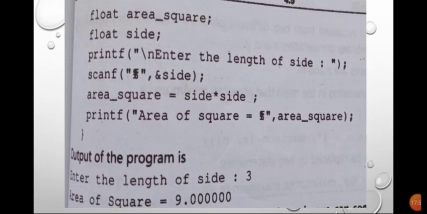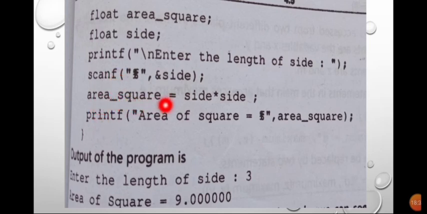Again all declarations. So here, see here, float area square. Area square is a float, side is also a floating value or data type. Printf, on a new line, enter the length of the side. This line will be printed. You have to write a value of side for this. Scanf. This side value can be taken in a program by using the scanf function. See, this is a function which is predefined, scanf. So hence it is not defined in the program.